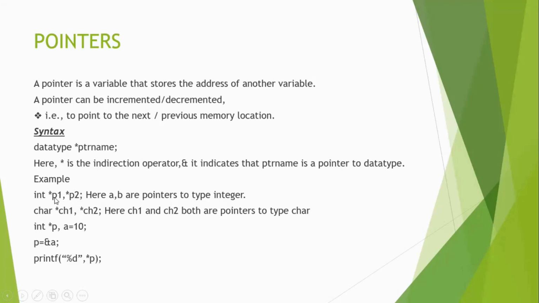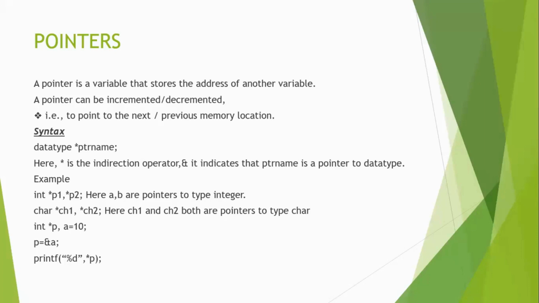Here I am declaring p1 and p2, and both are integer pointers. That is, p1 and p2 can hold the address of a variable of type integer. Next is a character pointer. That is, ch1 and ch2 can point to an address which holds a character